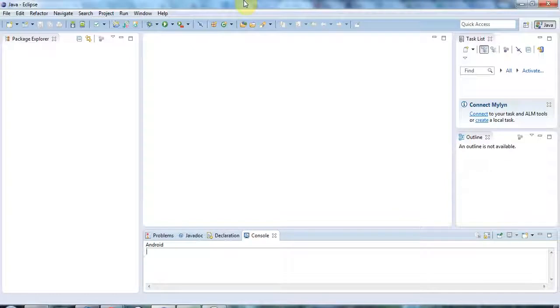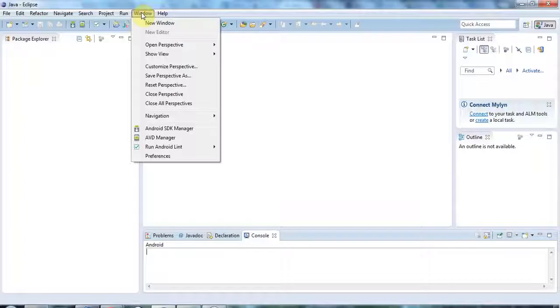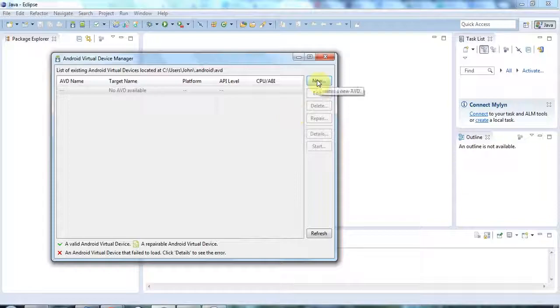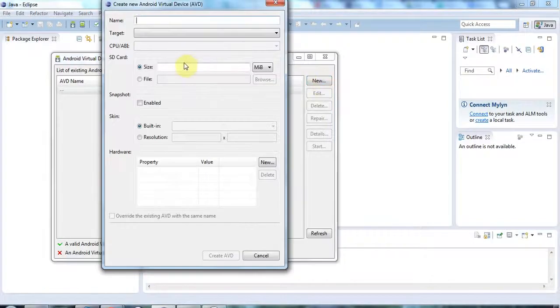Hello, this is John from caveofprogramming.com, and in this tutorial we're going to create an Android virtual device so that we can then go on and run our first program. So I'm going to go to Window and AVD Manager, that's Android Virtual Device Manager, and I'm going to click New to create a new Android virtual device. So we're actually going to create a new emulator, and we're going to be able to run our code in